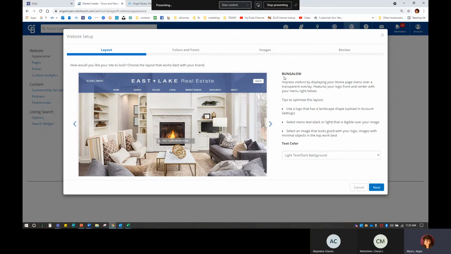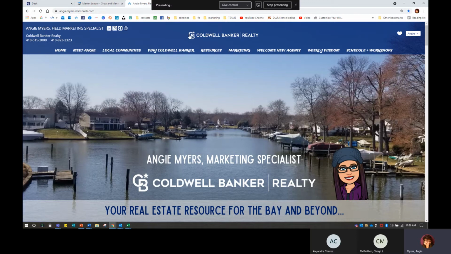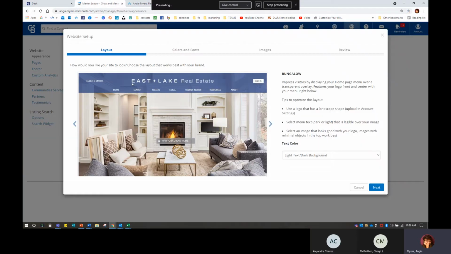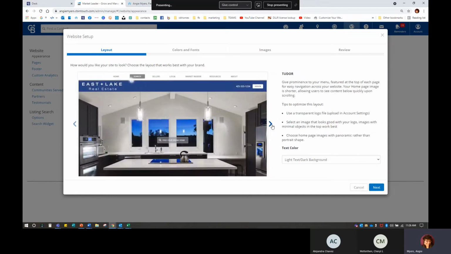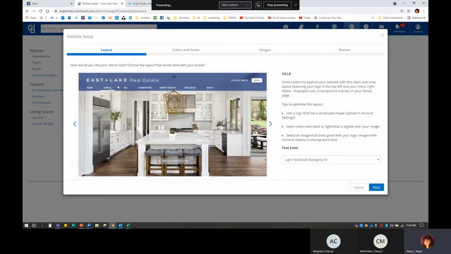You choose the layout. It's going to give you tips here to optimize the layout. I won't read it to you, you can go in and look through it. So we can see here that it prefers a logo that has a landscape shape. So one of these flat logos here is going to be the best for this particular layout. I can also go through and choose this layout if I prefer that one,